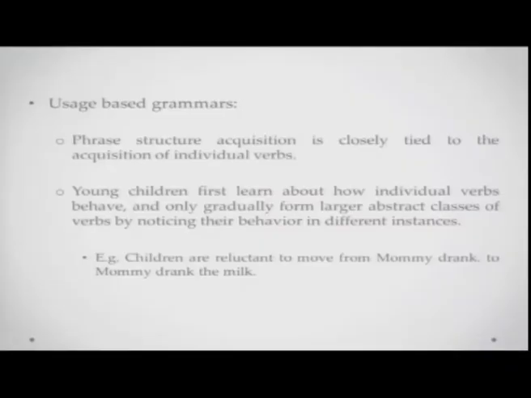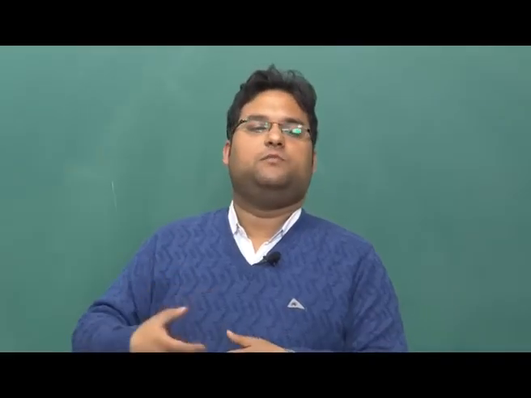What are these usage based grammars? See, Chomsky's concept of grammar is of a universal grammar. It's a concept of a grammar that is largely innate. It consists of a grammar that is biologically specified. All of that is good, all of that is really very functional and has been around for some time, but an alternative approach could be that children are basically acquiring what is called a usage based grammar.